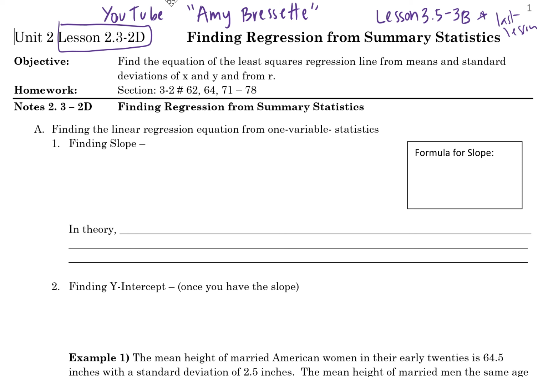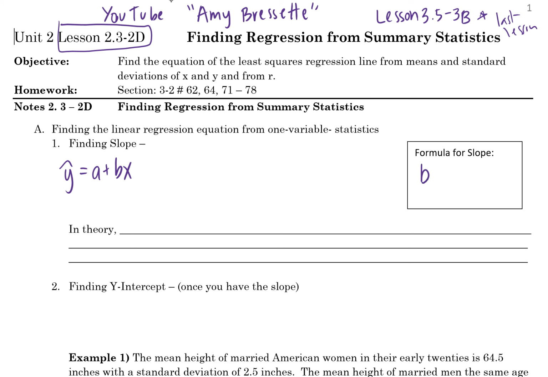So moving on, let's actually start this lesson, which should be pretty short and hopefully pretty easy. The last thing we're going to talk about is that you can actually write the equation of a regression line, y hat equals a plus bx. You can do that from a bunch of random information. I'm going to show you the formula for slope, and then I'm going to show you what we do with it.